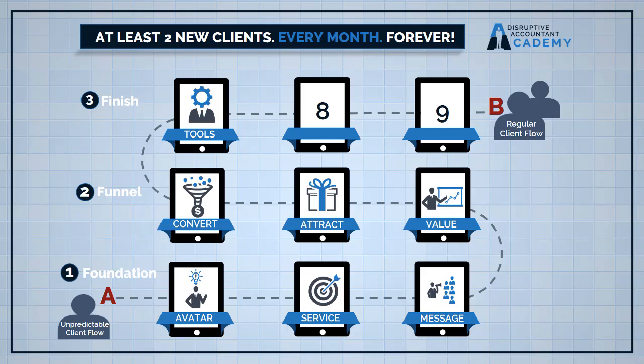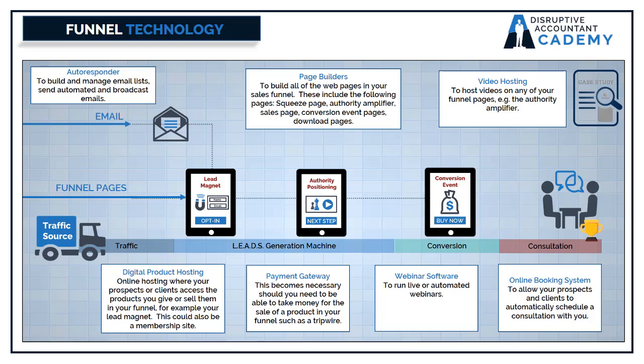Now, when I did this, I used WordPress, and I had to use a number of different plugins to build my funnel. It was such a mission because I literally had 7 different components that all had to integrate with one another. Now, today there are what we call software as a service applications, and of course those are up in the cloud. And honestly, it's literally drag and drop simple, allowing you to build everything in one single platform. So no more of the 7 pieces of different software having to talk to each other.